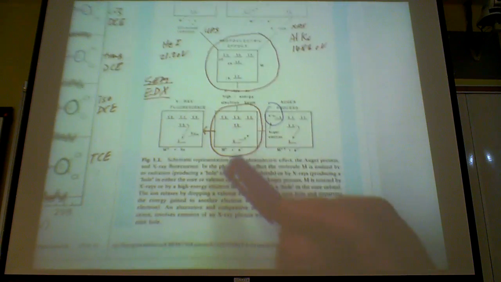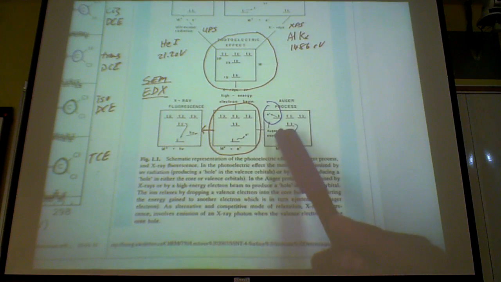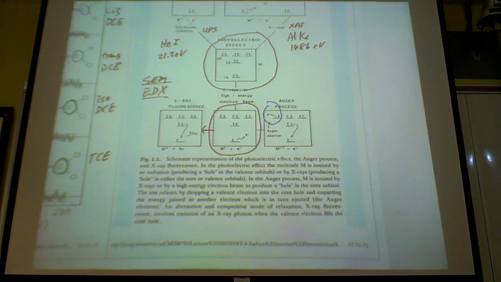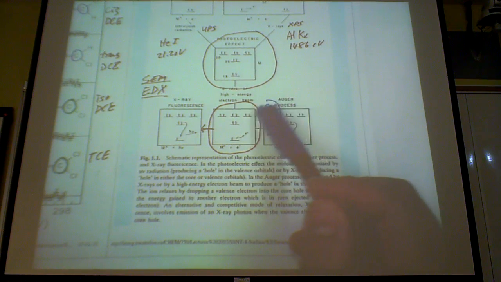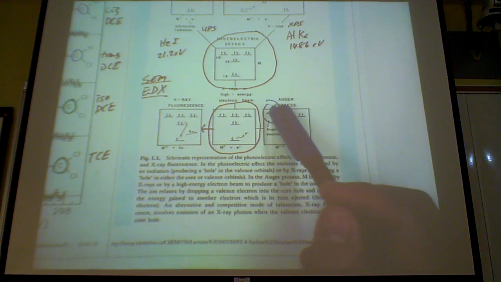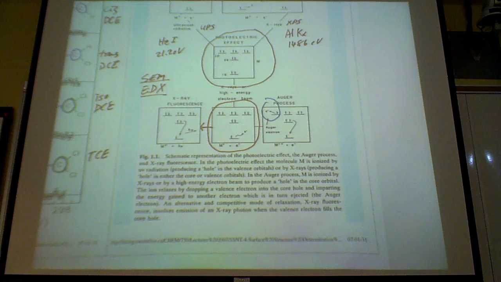Okay. So you have two processes: the fluorescent process, and the non-resonant process, which is the Auger process, where this electron comes down and a higher lying electron will carry the rest of the excess energy out as kinetic energy, and you got this